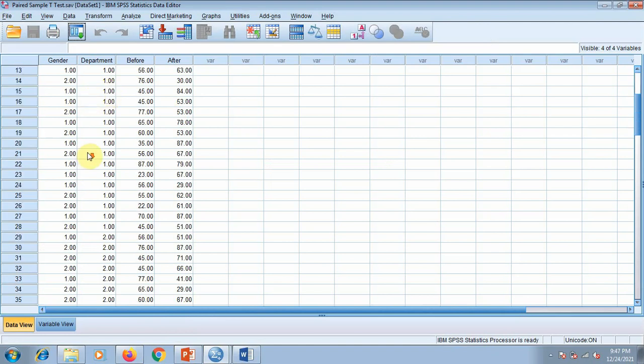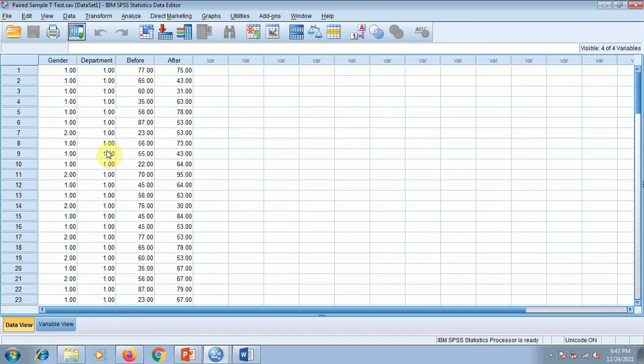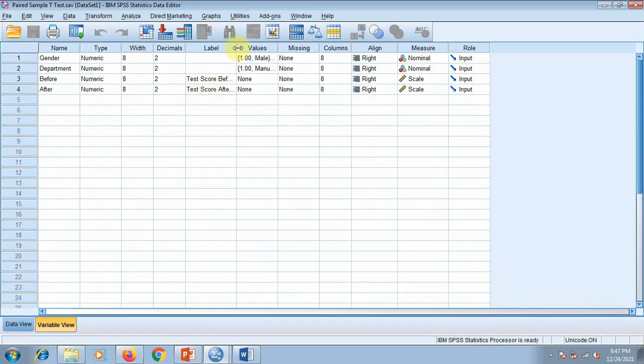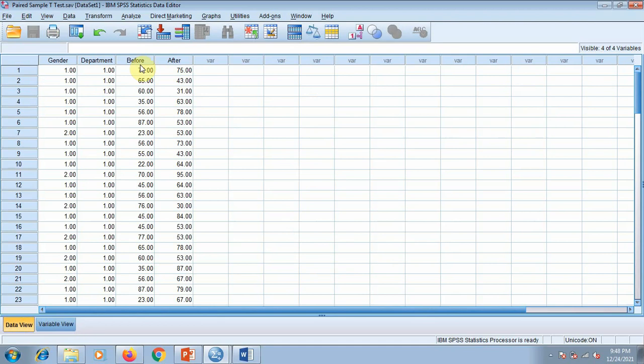Here we have a paired sample t-test example, and before and after means that for the before variable we have a test score before the counseling, and after means we have a test score after the counseling. So how to perform this test? Very simple.